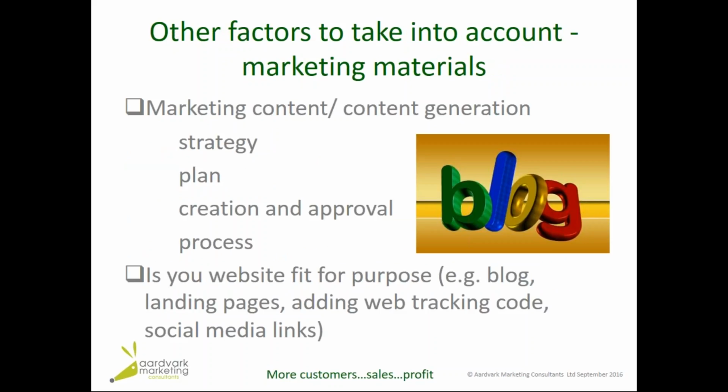My next list is marketing materials. So is there somebody in your business that knows that your sales and marketing strategy is right? If you've got the wrong strategy, automating a process that's wrong just gets you more wrong results. It's not going to help you. You've got to have the strategy right in the first place for your sales pipeline and your marketing strategy, and then automation will speed things up for you. But if the process isn't right, automation won't help you.